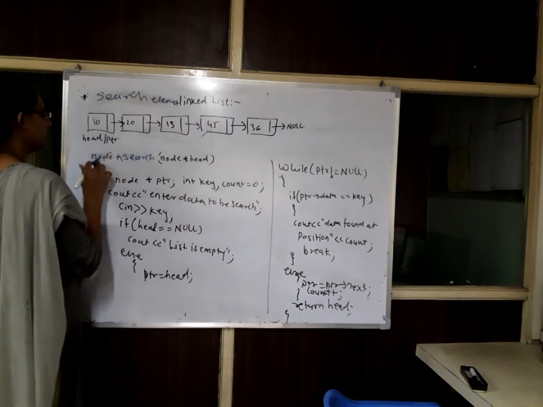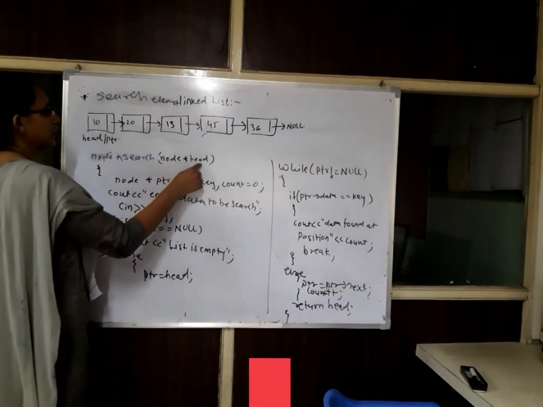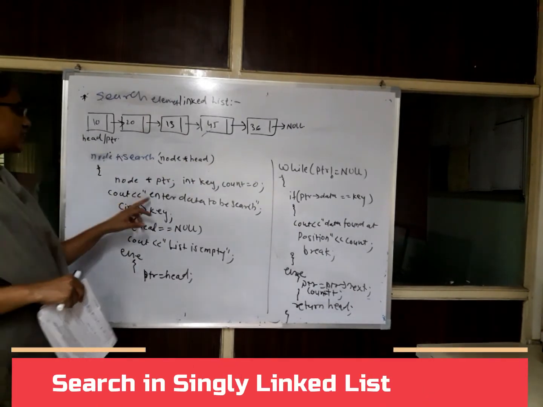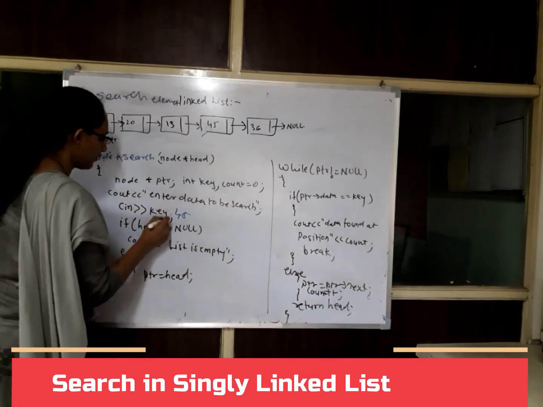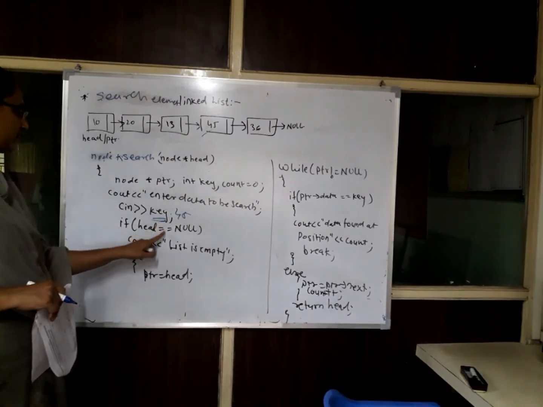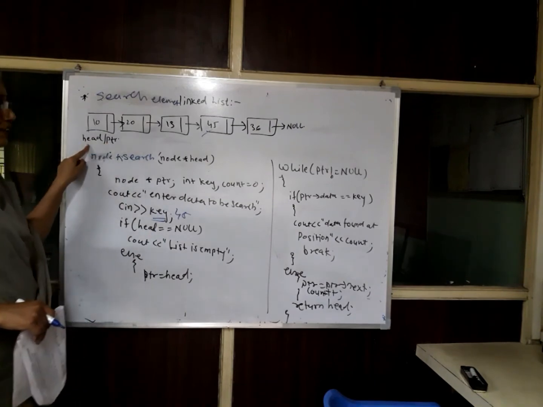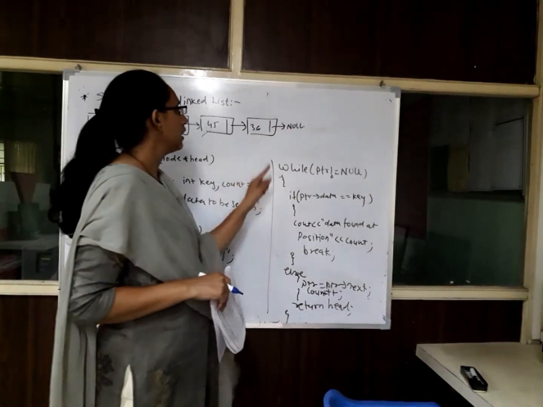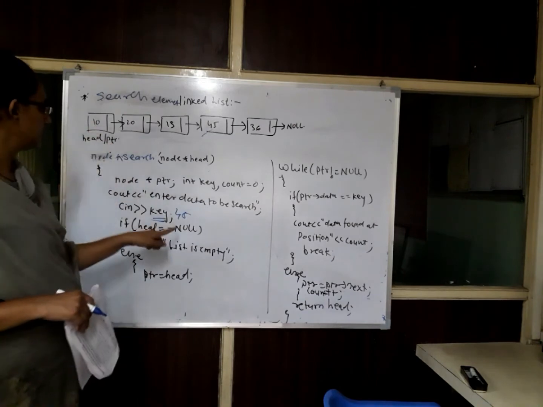The parameter is a node pointer; you can take void or node pointer here. Again, we are passing the head, that is the starting address of the list. Then enter the data to be searched. If I write 45 here, 45 is stored in key. First of all, check whether the list is empty or not. If it is not empty, then in ptr store the address of head and move until you find the pointer as null. In every move, what you have to do? Check whether pointer data is equal to the key.